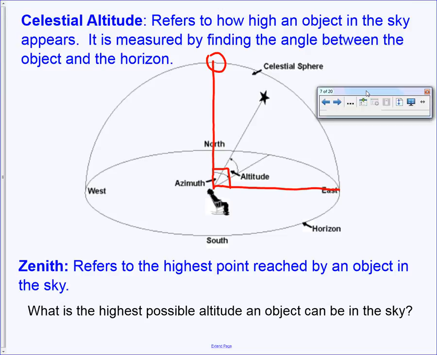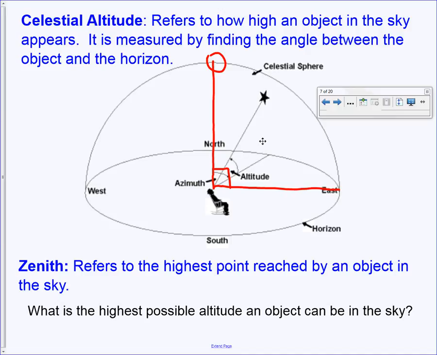Okay, a couple of quick vocab words that I want to go over before we continue on. You should know what celestial altitude means. It's basically referring to how high an object appears in the sky. Remember, stars and suns and moons, it's difficult to measure how far they are off the Earth's surface in feet, in units of distance. So instead, we just look at where they appear in the sky and measure that angle